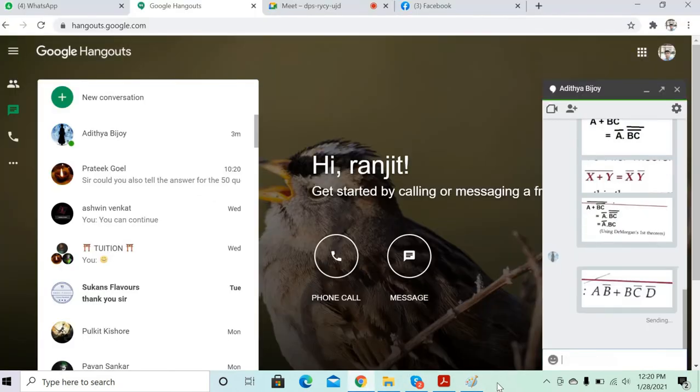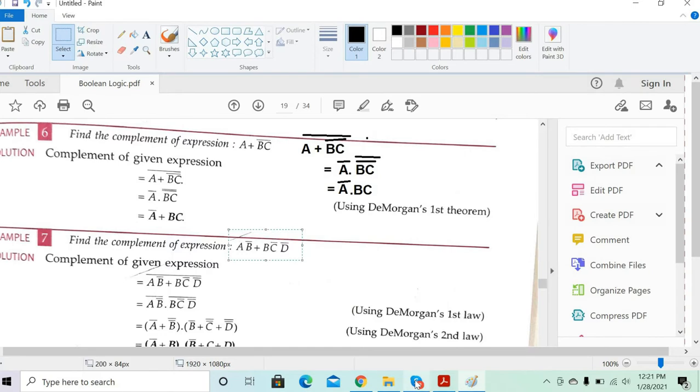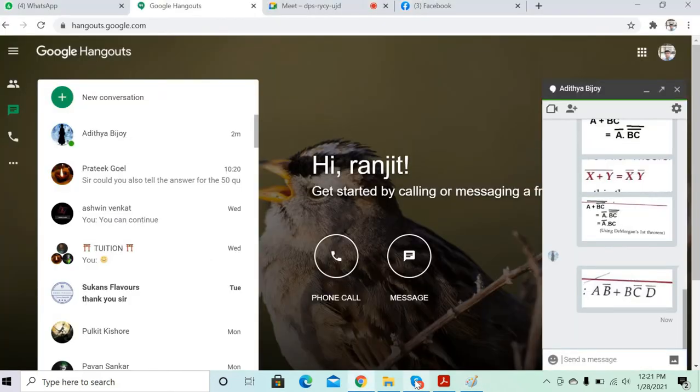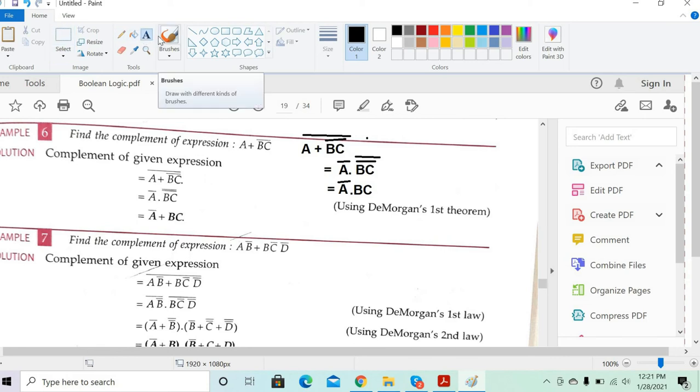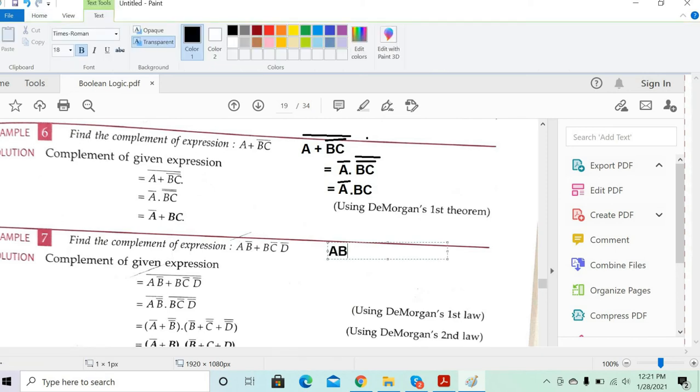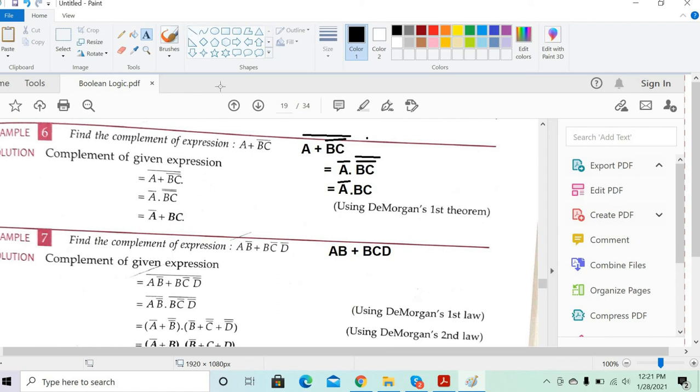Yeah, this part, A B bar plus... So we need to find the complement of the expression. Right? So let's do the complement of this expression now. I'll just type it. So this is A B bar plus B C bar D bar. Now let me also put the symbol here, A B bar